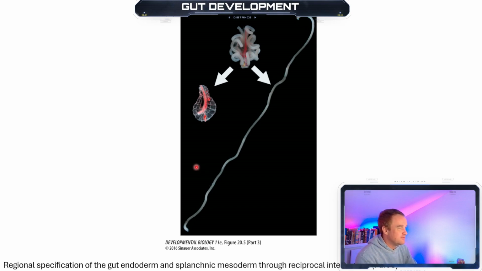After differentiation, the mesoderm and the endoderm continue to interact through development of this dorsal mesentery. This is a fibrous membrane that connects the endoderm to the body wall. If this connection is severed, the mesentery shrinks and the gut becomes a long, thin tube with no folding. So there is kind of like we talk about this tissue interaction with cadherins and things like that. The reason that your guts are all contained and wrapped around in a specific pattern is because of this dorsal mesentery, right? This fibrous membrane connects